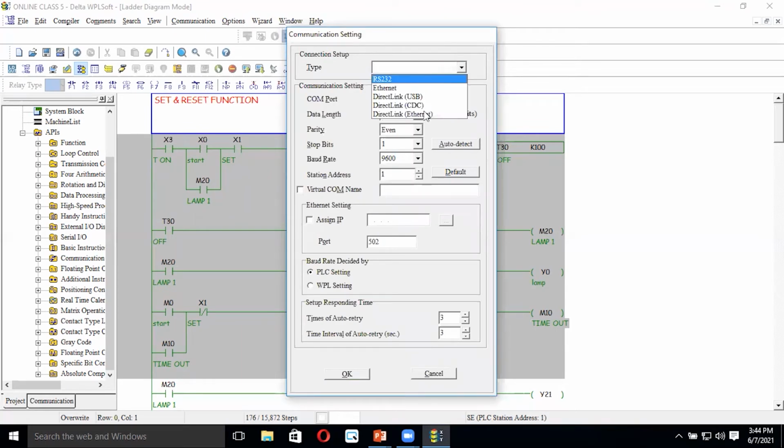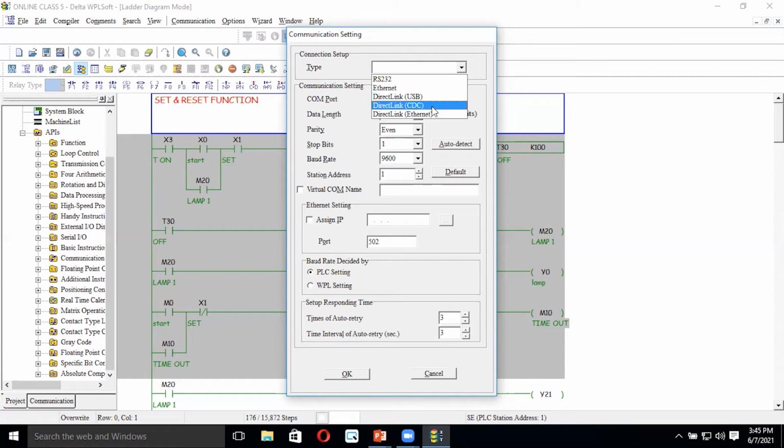There are four or five types of communication. First one is RS232. RS232 is the common and most popular, basic one. We are always using RS232. Ethernet is nothing but an Ethernet connection between a computer and a PLC. Direct link USB means a normal USB cable, not a communicator one, which we can use in some PLCs. After that, direct link CDC.